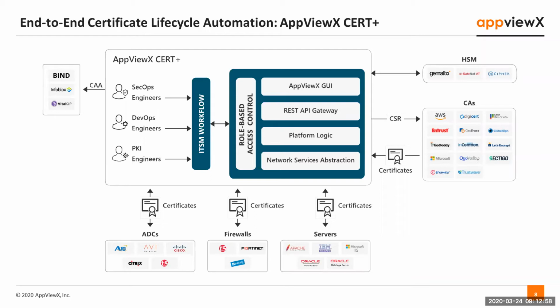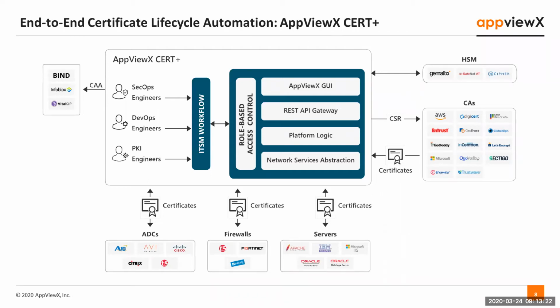In the middle, you have the AppViewX CERT Plus platform, where users across multiple organizational units and technology functions can access through a workflow catalog structure, and then integrate with HSM platforms, multiple CAs, and multiple endpoints where